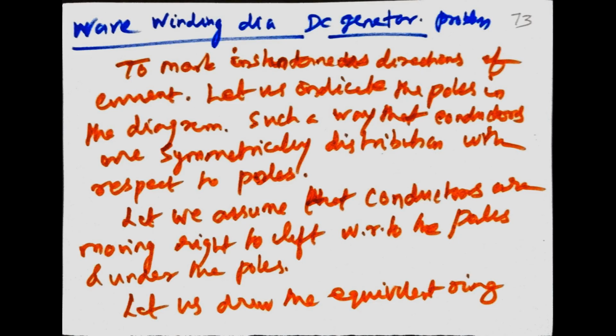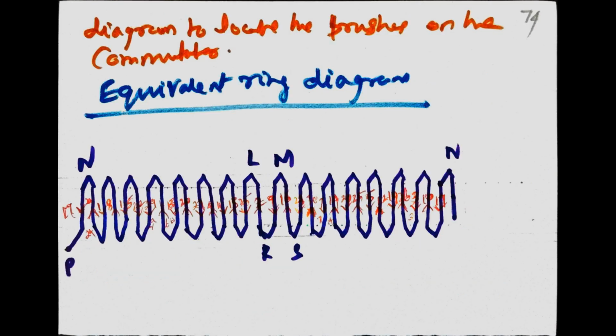Draw the equivalent ring diagram to locate the brushes on the commutator. Select the first point for the ring diagram. 17 is the last point of the front side connection end point. So select